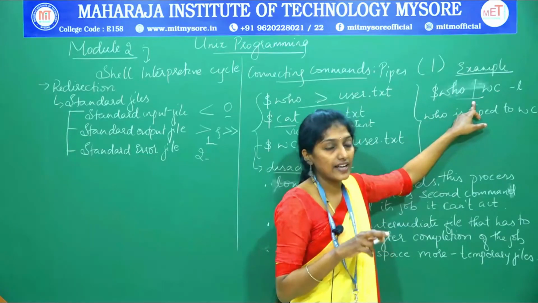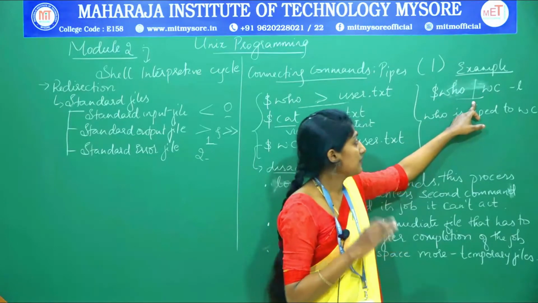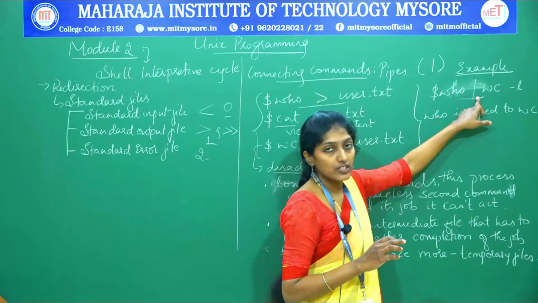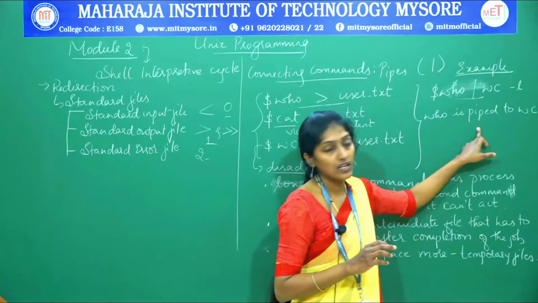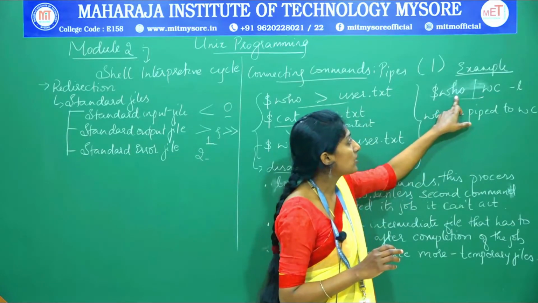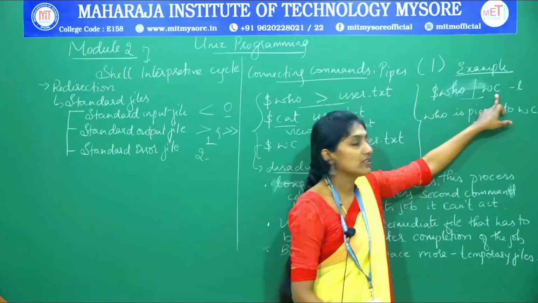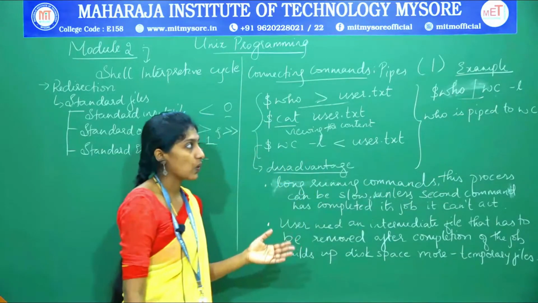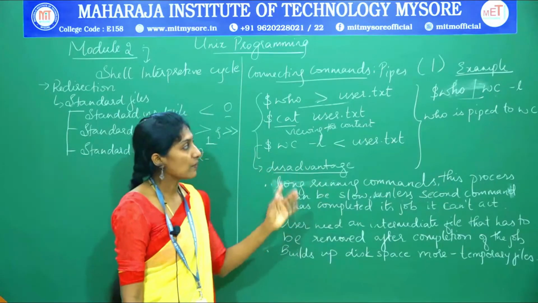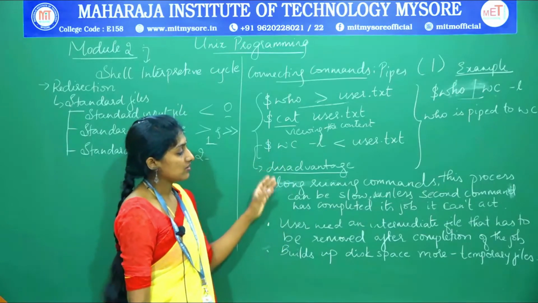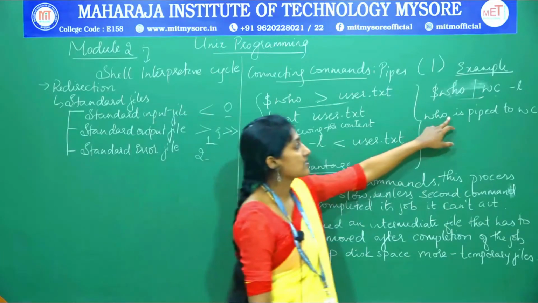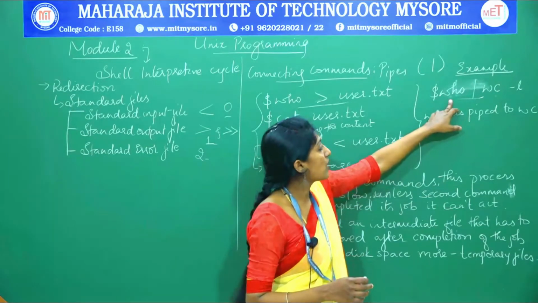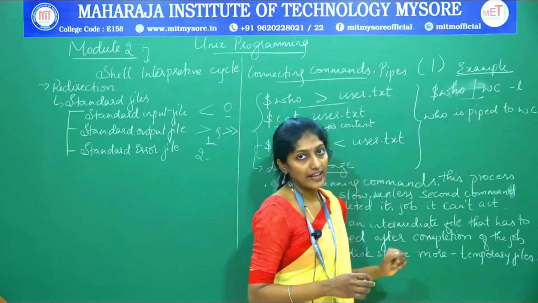Instead, the pipeline itself is acting as the intermediary feature for connecting these two commands. So who is going to get connected with WC by using a pipe. The output of the who command is provided as an input to the WC-L command. So this is how you can execute connecting two commands using pipe. This is the advantage, and this is how you access who pipe WC-L.